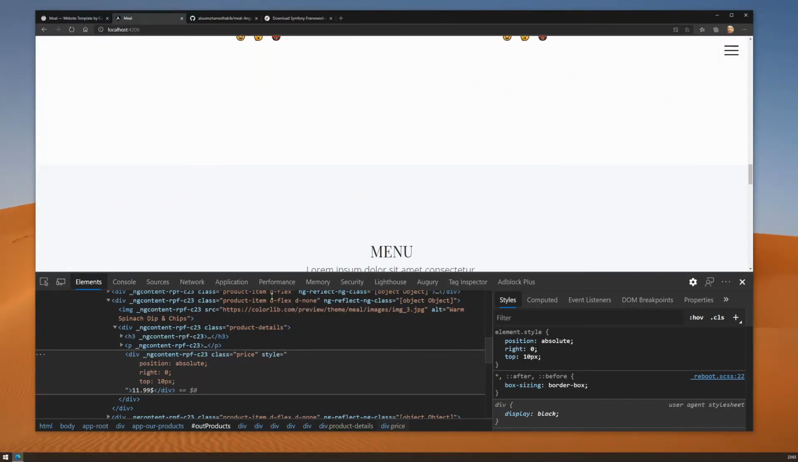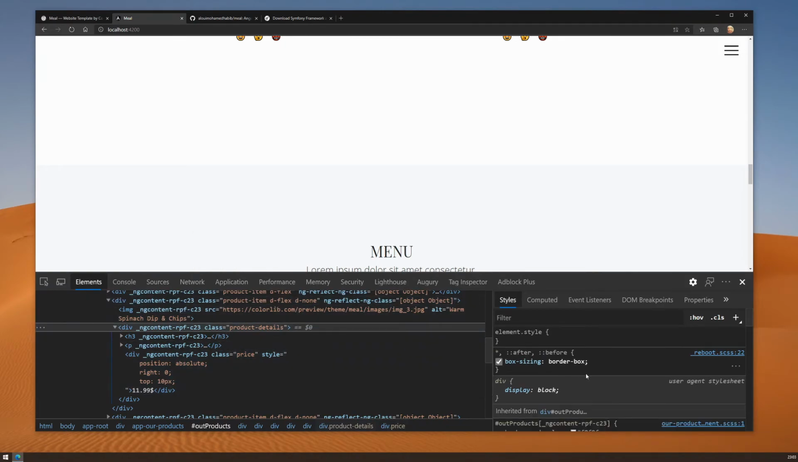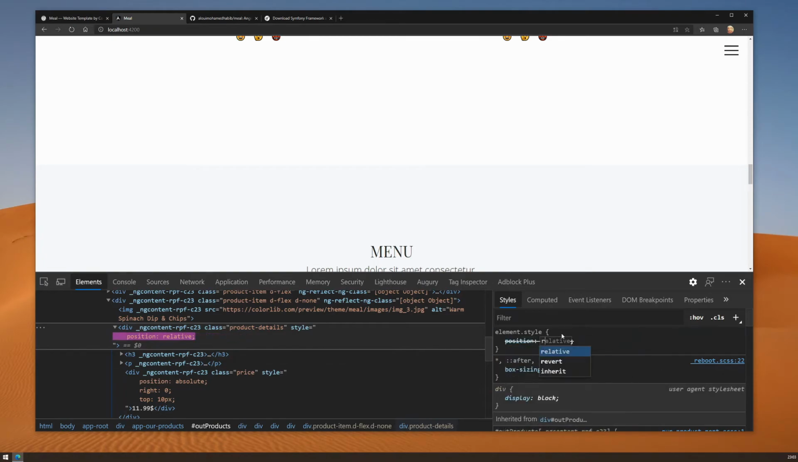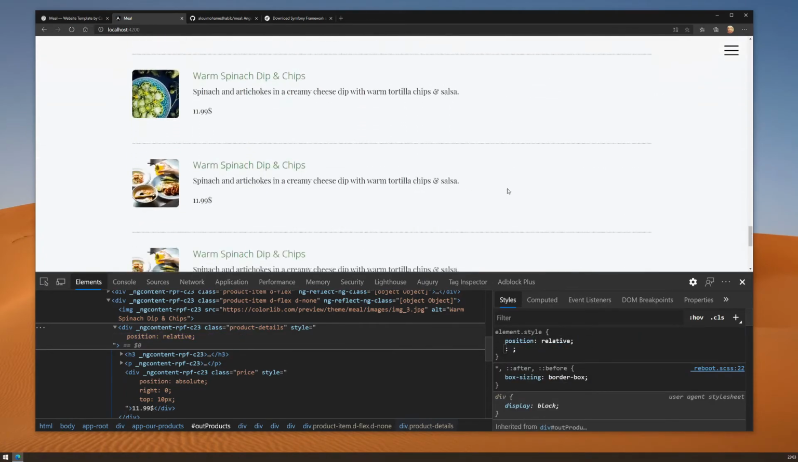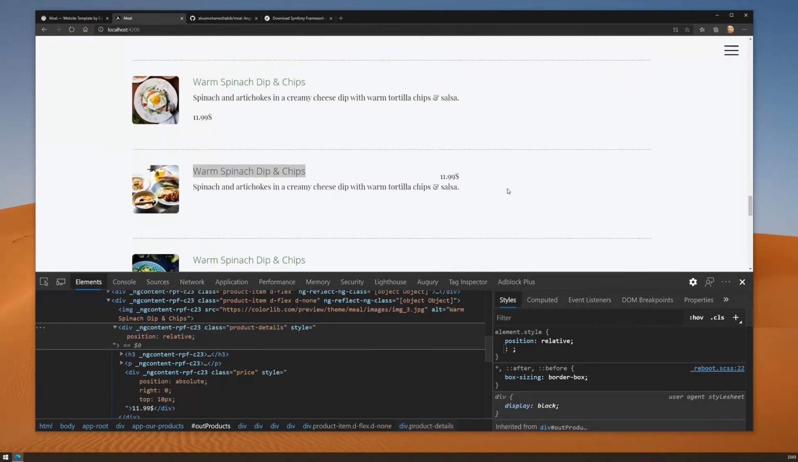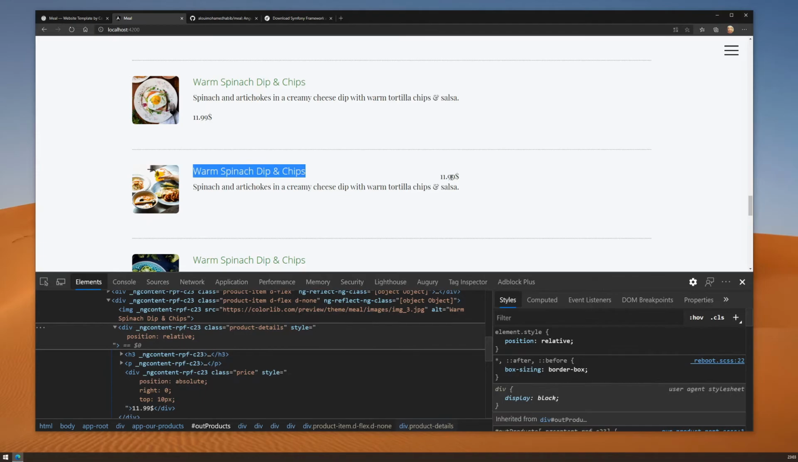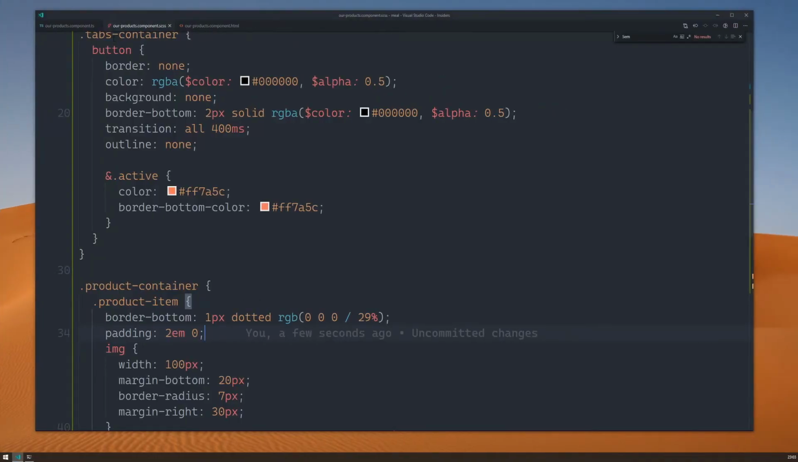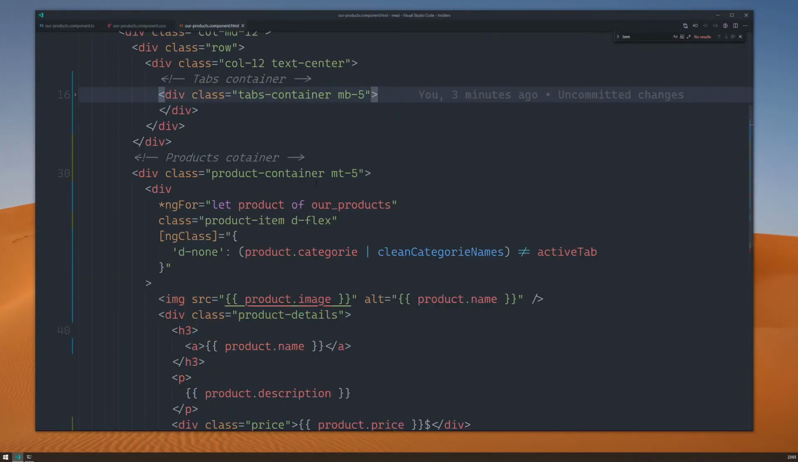No problem. To fix that, as always, if you still remember your courses, the parent should be relative. So parent, position relative, and we should have our price somewhere displayed here. Position relative. And there you go. This is it. Yep, but we don't need it to be there. Actually, we need it to be relative to this product item. So let's fix this quickly. So product item and position relative,